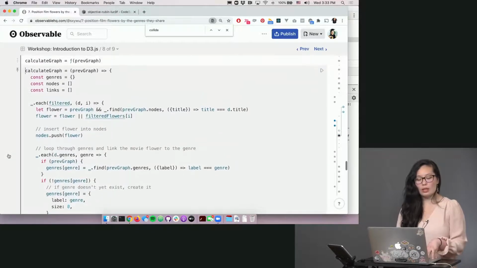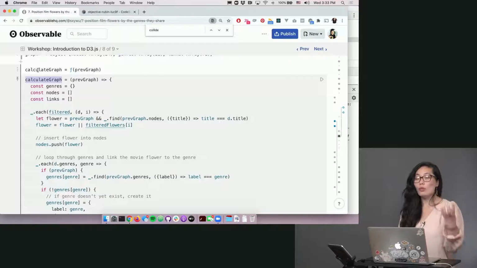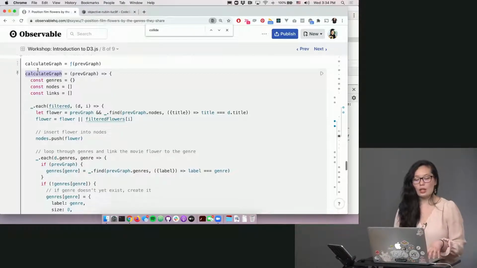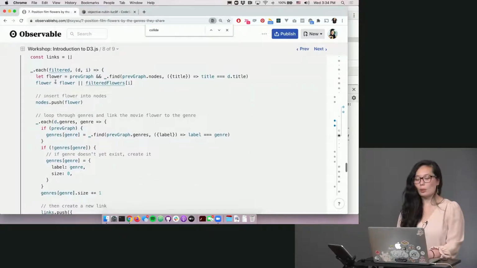So this is the function that I'm using to turn our movies data into the node and link set of arrays that D3 Force needs to do its calculations. And so I'm creating nodes and links arrays and then one genres object. And I'm going through